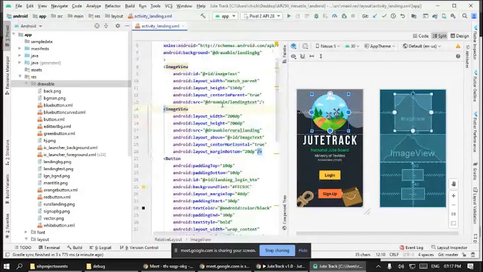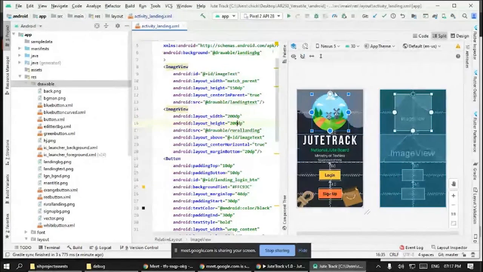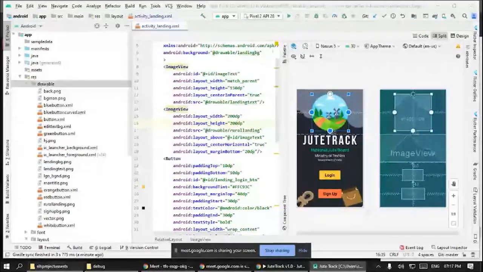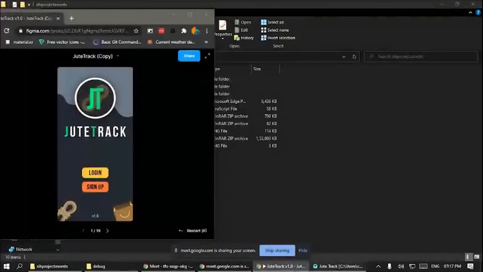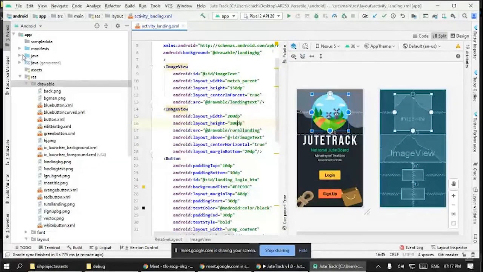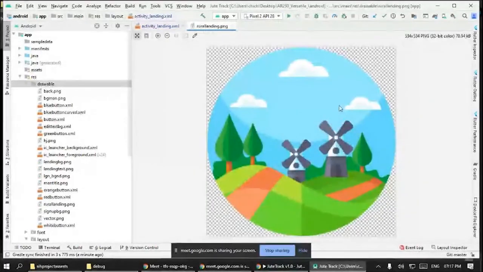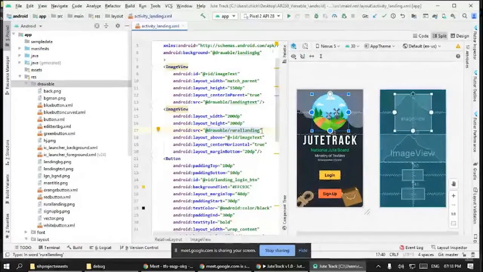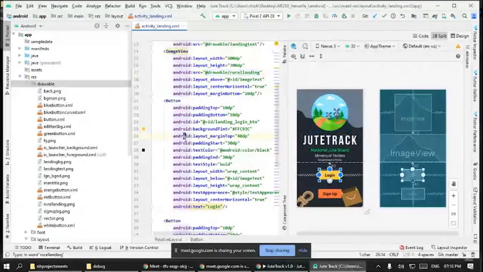Now, how did I place this? I used another image view. I gave it a width of 200 and a height of 200. I needed to get this as a circular image. Basically, our image view is a square image, and I didn't know how to make it a circular image. So I asked the designer, Hemant, to export an image which is circular in nature. So, where is the image? I think this. So I had him export a circular image with a transparent background, so it will look like a circular image view.